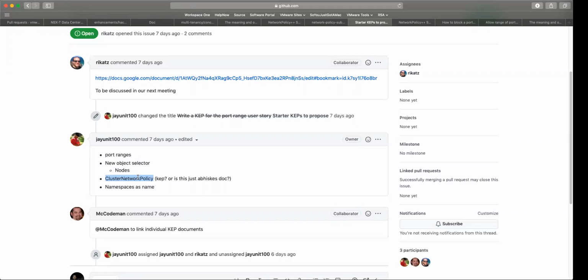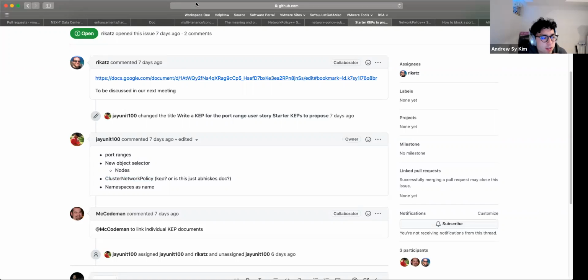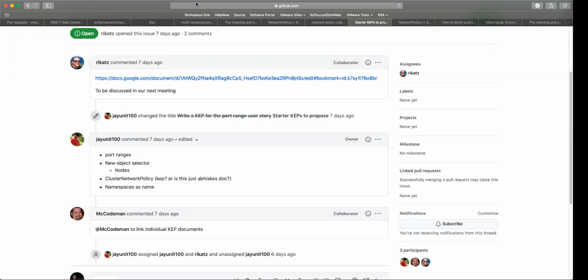If this is just about talking about a new API, then I guess having these 4 as separate items is fine. Yeah, I think the cluster network policy one was to introduce a new resource in the existing API group, right? Got it. So if we are not delving deep into what it will be responsible for, or what the sketch of that API will look like, then I think it makes sense to have these 4 top-level ones.